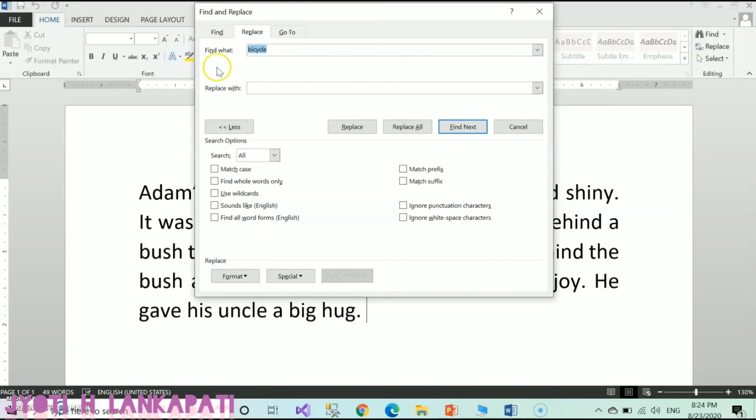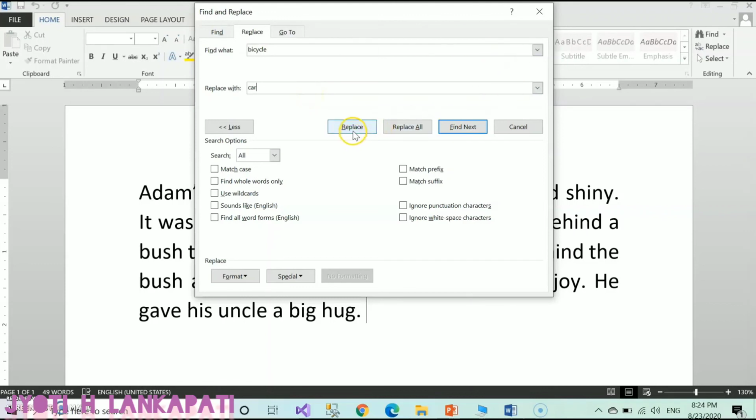I will type bicycle in the Find What text box and I will type car in the Replace with. So the new word that I want to change, I will write on Replace with text box. So here I want to replace bicycle with the car.